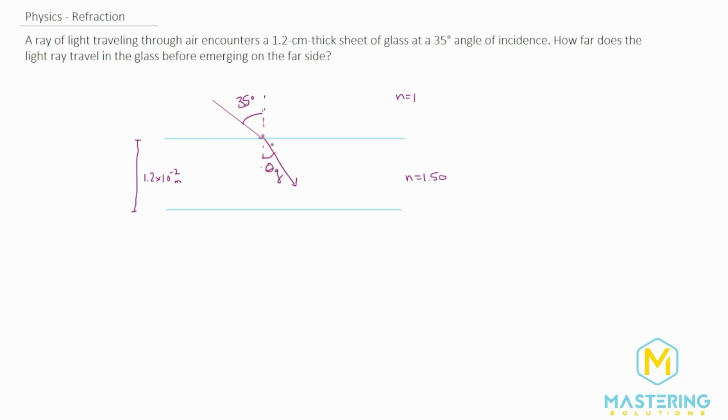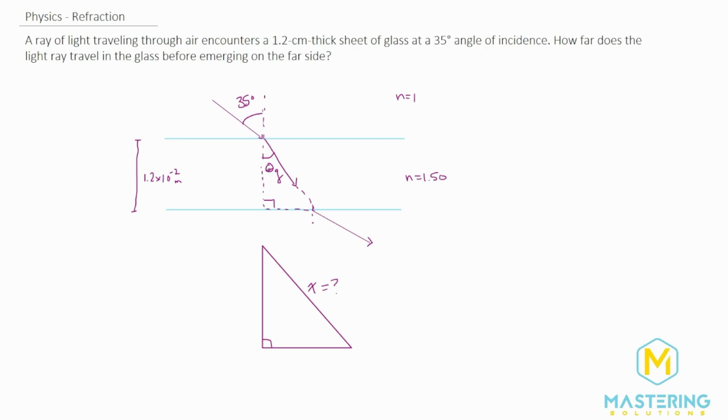And so we're trying to figure out how far it is in the glass before it comes out on the other side right here and refracts like this. And so this distance is what we're trying to solve for. If you imagine, if we carried this down, we could create a right triangle right here. And so here's our right angle. And so the hypotenuse, you can see, is what we're trying to solve for. So here's our redrawn right triangle, and this distance, we'll say x. That's what we're ultimately trying to solve for in the question.